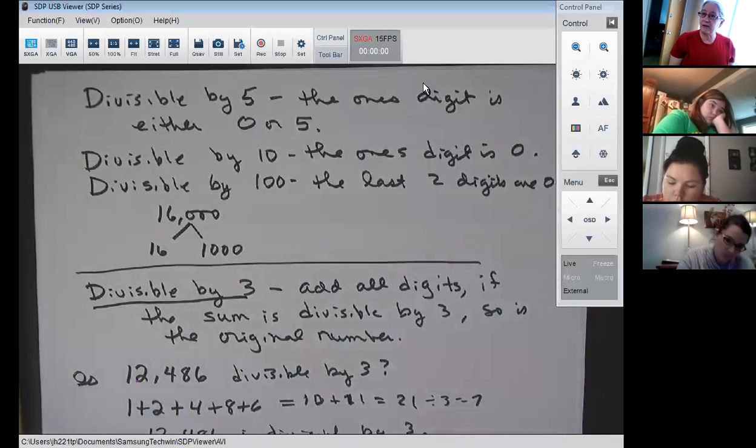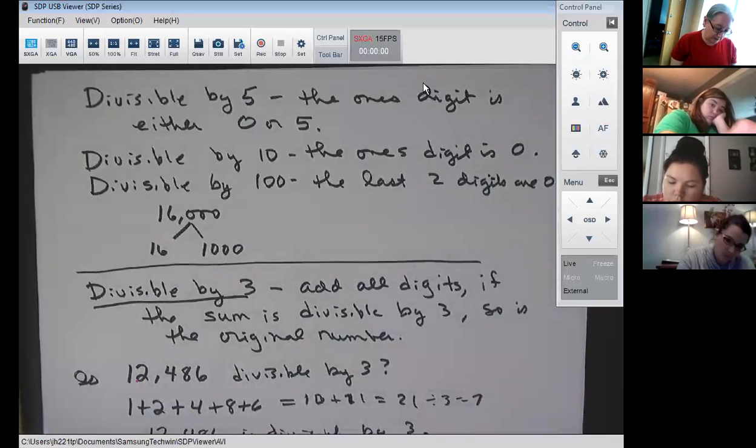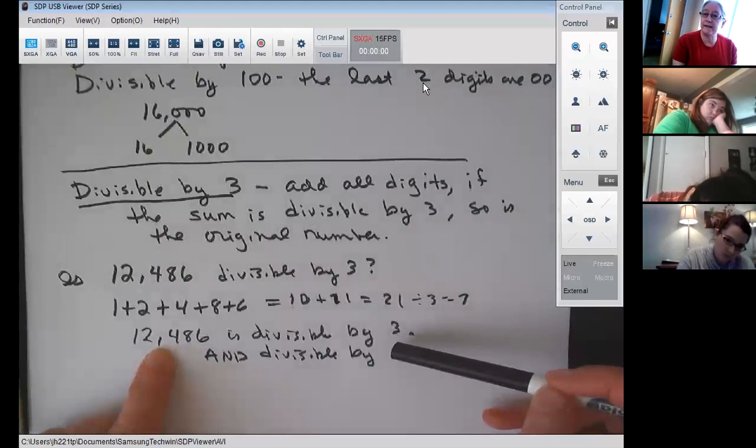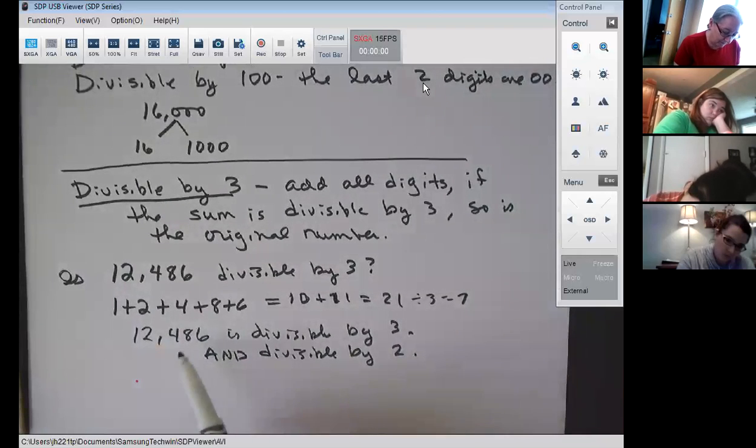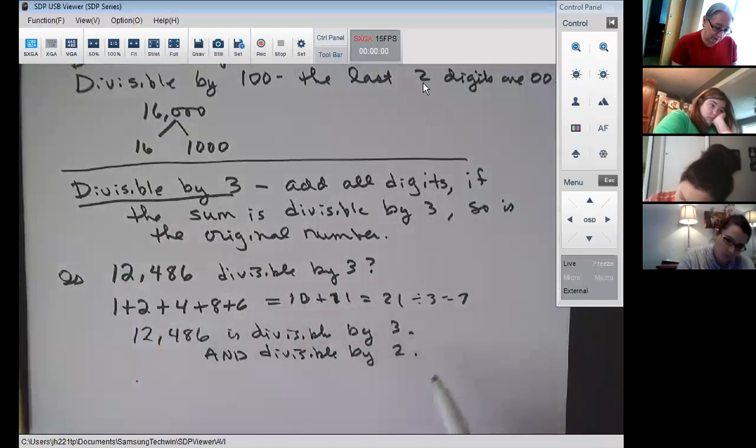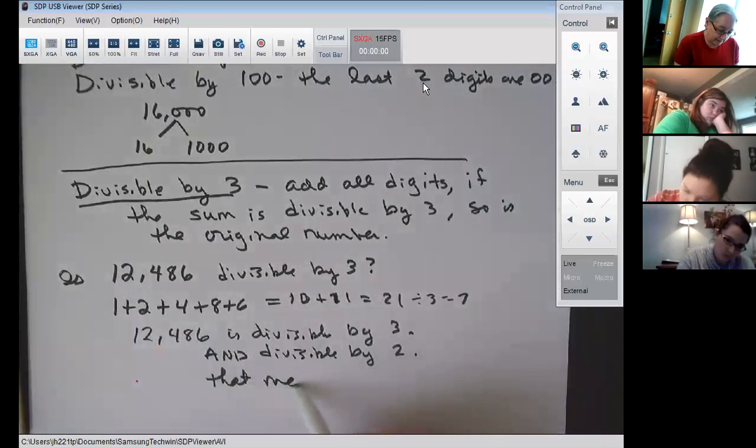Now, that also gives us another factor that we could use, because if it's divisible by 2 and it's divisible by 3, what's that mean in terms of another number that it would be divisible by? 6. Yeah, if these are both factors of 12,486, then 6 also has to be a factor because we're multiplying and dividing, so that has to be true. So if it's divisible by 3 and it's divisible by 2, that means it is divisible